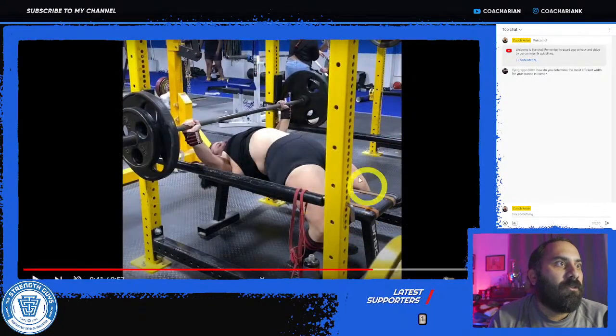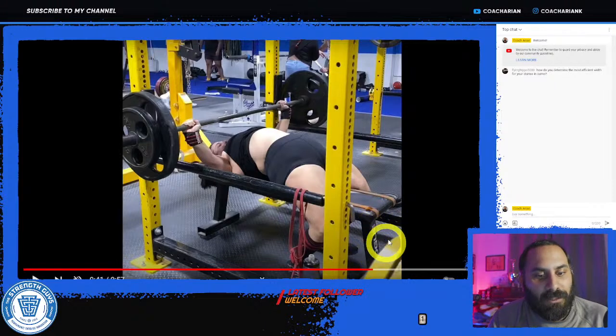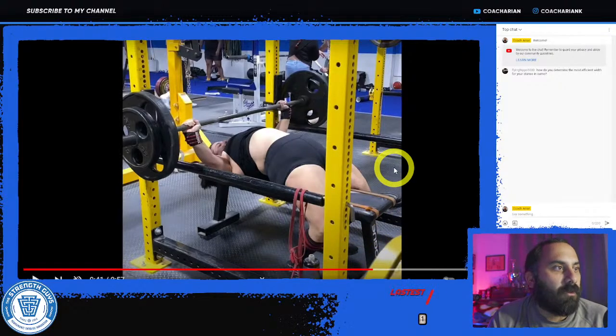So with this angle too, we can't really see the other shoulder or the other elbow. At least we can see the wrist and the bar. We can't really see the feet here either, whether it's symmetrical or not. So again, not the best angle for the issues that we're trying to look for, but let's take a look anyways.